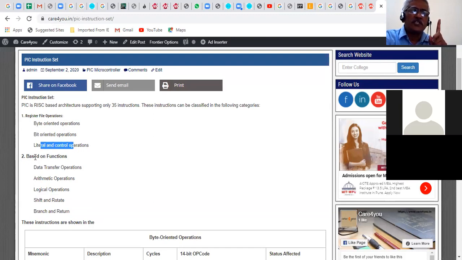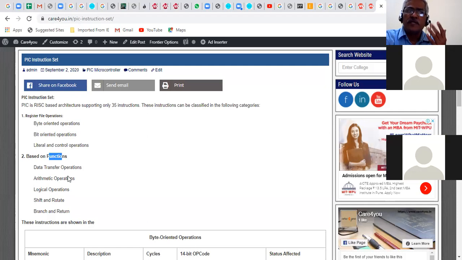Second classification is based on the function. And what is the function? Whether you want to do a data transfer operation, whether you want to perform an arithmetic operation, a logical, shift and rotate, or branch and return and some other kind of operations, like machine control. So I have shown here two ways of classifying.